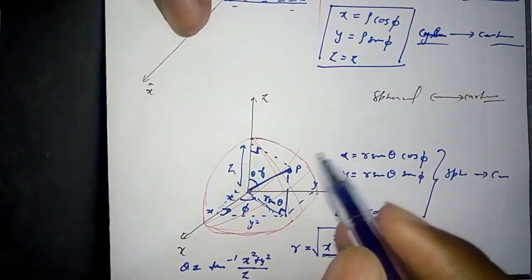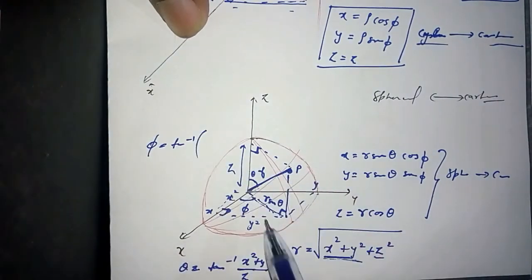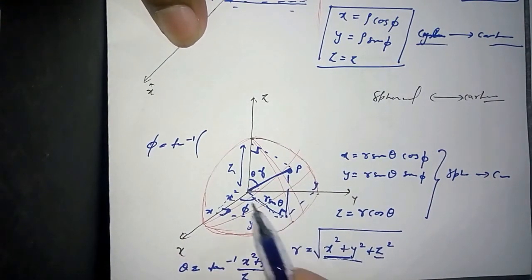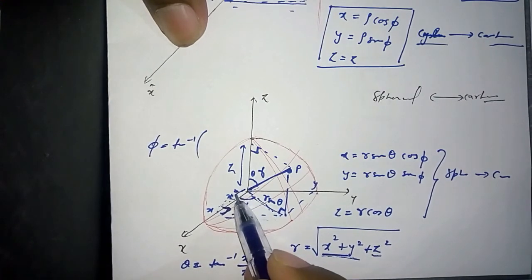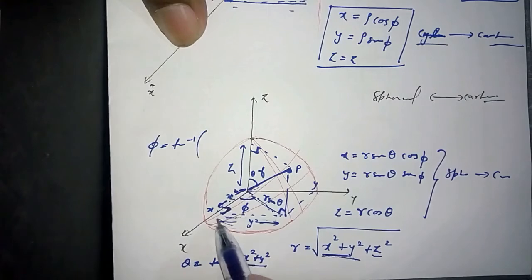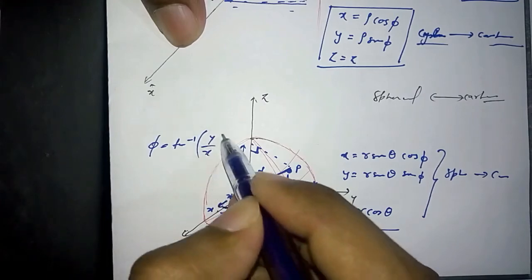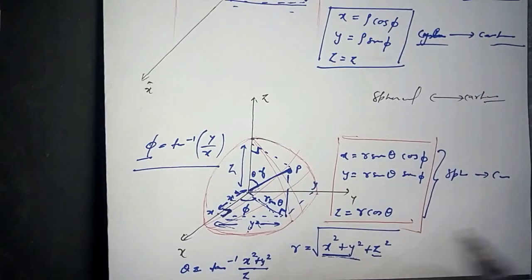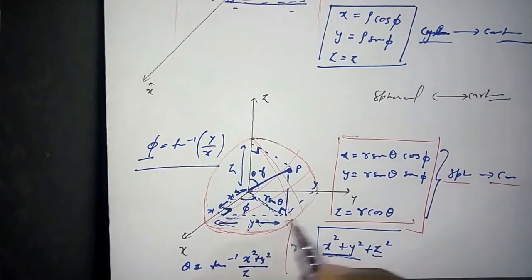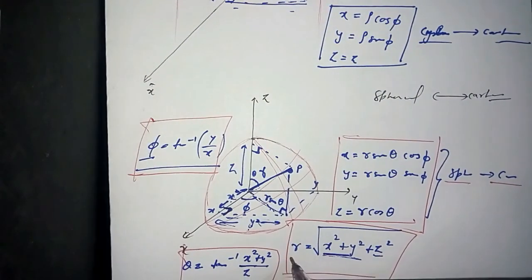And the last thing which is left is phi, which is the same as in cylindrical coordinates. Taking this right angle triangle, this is phi, so this is the base and this is the perpendicular, because this is the angle made here, okay. This length is x, this length is y, okay. So perpendicular upon base, so y upon x is tan of phi. These three formulas were for spherical to Cartesian, and this one, this one, and this one are for Cartesian to spherical.